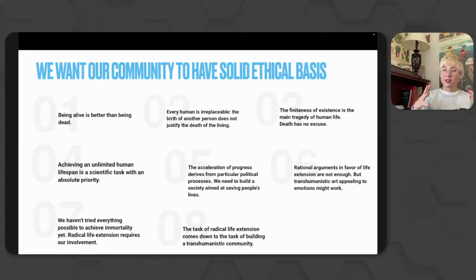But why is ethics so important? When we talk to our future community members, we ask them questions like, "What are your views on this and that?" And I would like you to take a look at the first question we ask here: being alive is better than being dead. Do you agree? This is such a basic, simple thing to agree on. But there are so many people that argue with that statement. They raise, okay, are you sure that you want to address it from that angle? Maybe we should talk about the importance of health, like expanding our health span. But no,